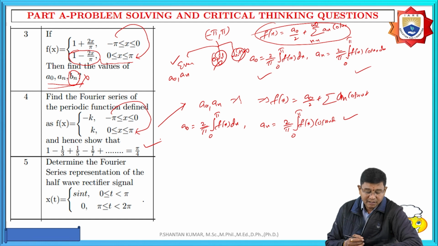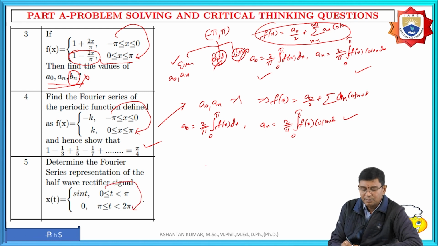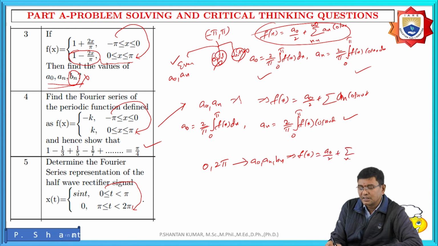Next one, determine the Fourier series representation of the half wave rectified signal. Here the limits are clearly 0 to 2 pi. That means we need to find all the values a naught, an and also bn. Therefore, the required series is f of x is equal to a naught by 2 plus summation n is equal to 1 to infinity an cos nx plus bn sin nx,